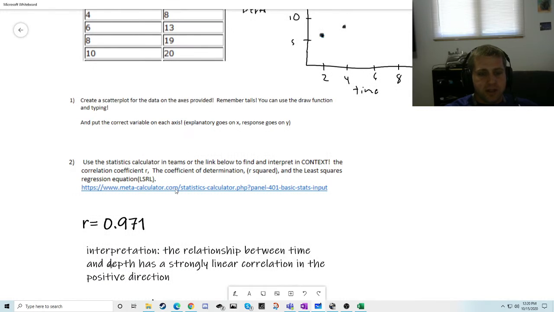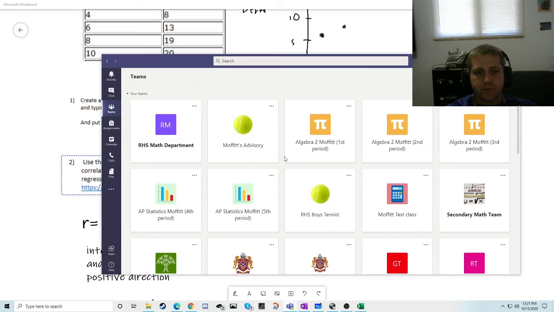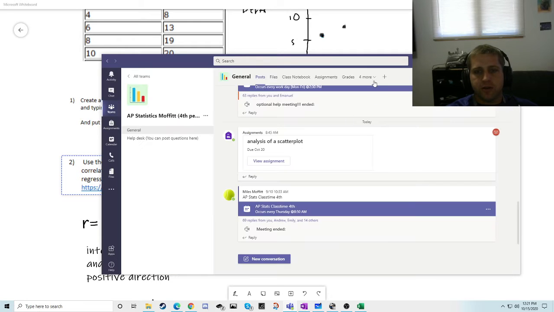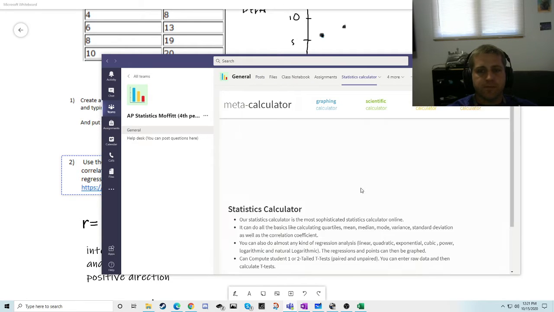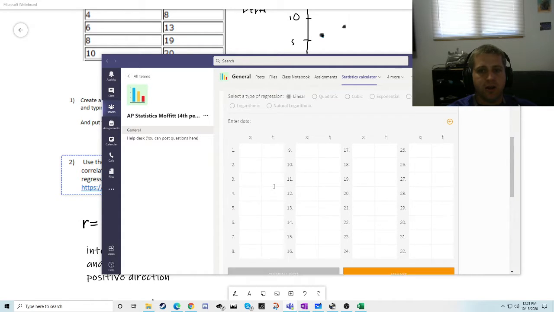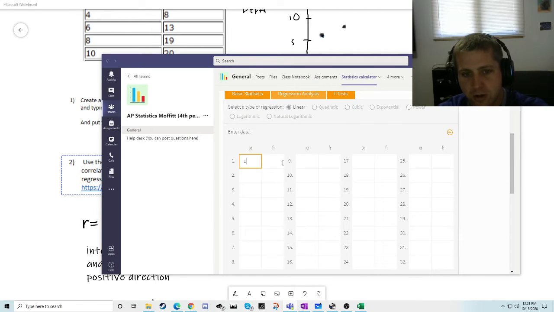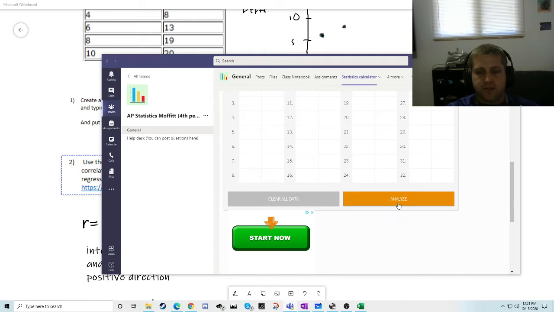So I gave you a link to this statistics calculator, but also it's in our Teams app. So if I just go into our team, which is either 4th or 5th period, and then go to the top and go to statistics calculator, that will work. You can hit regression analysis, plug your numbers in there, then hit analyze. Oh, I'll put in some fake numbers. 1, 2, 3, 1, and 3. Okay. You analyze,